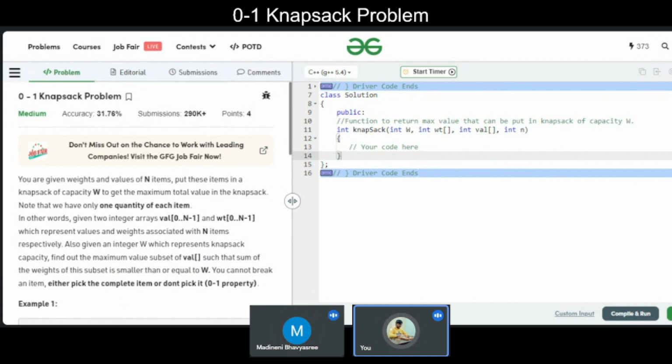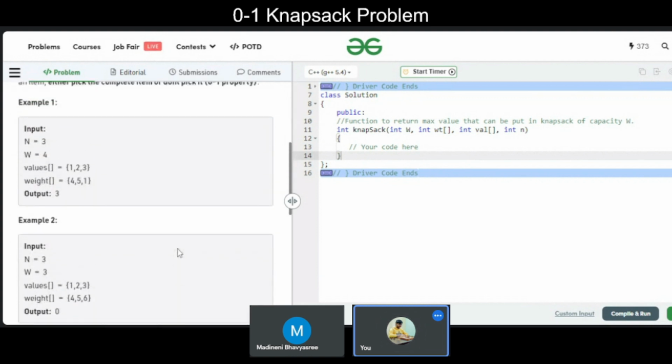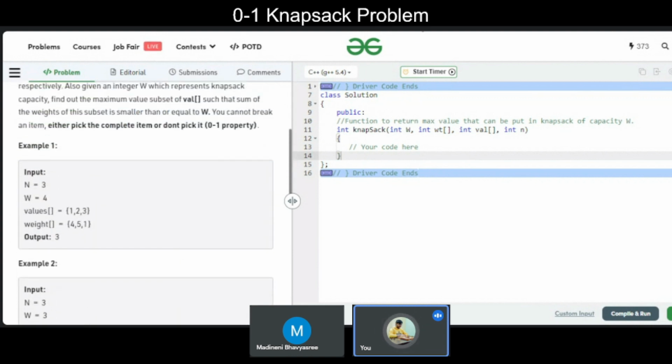So let's go to example number one. Here they have given two arrays, values and weight, and capital W is nothing but the representation of total capacity. So if I take the first value, then the weight will become 4, which is equal to the total capacity. That means you can choose one and only one. Suppose I didn't choose one, I choose two. Then the weight will be 5,